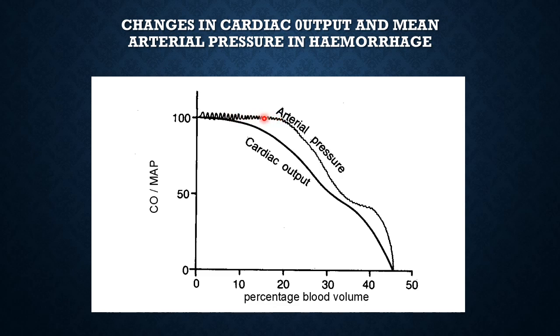This is the window where an astute house officer or a good doctor will identify that the patient is going to go into decompensation, because he has his eye on all the vital monitoring parameters. Because if you allow the patient to reach here, that means the patient has gone into class 3 hemorrhage or volume loss and now is decompensating and going into hypotension. By the time you reach here, 30 to 40% blood loss, essentially the patient's condition is irreversible.